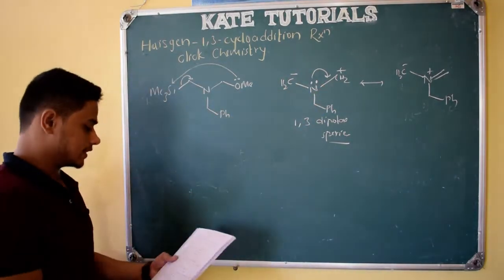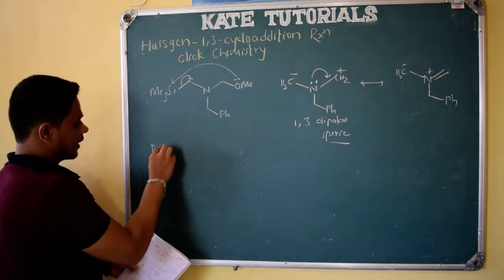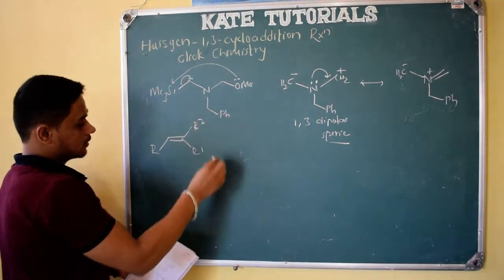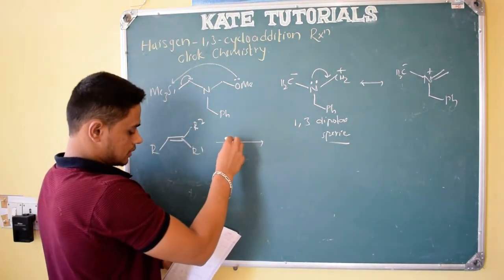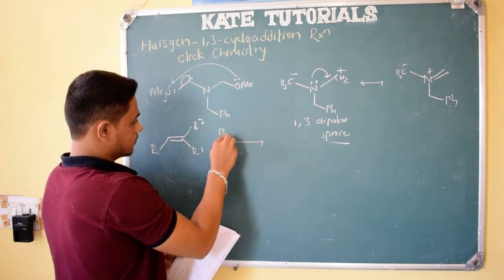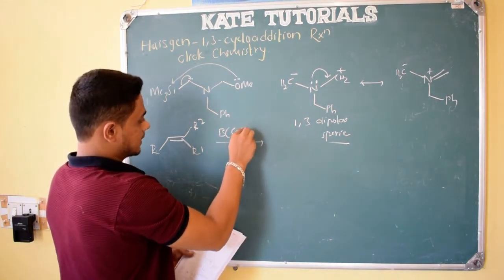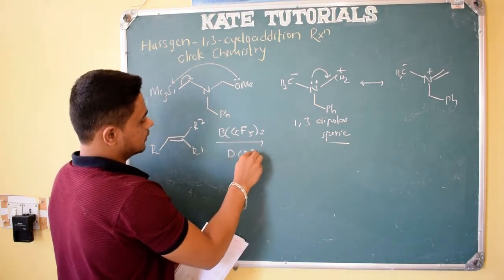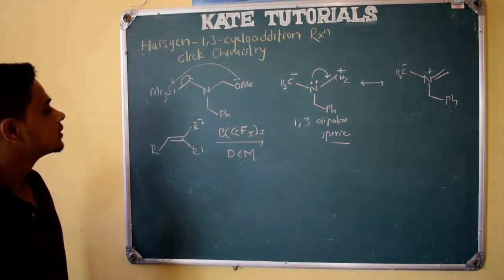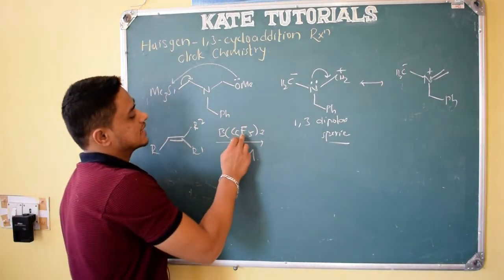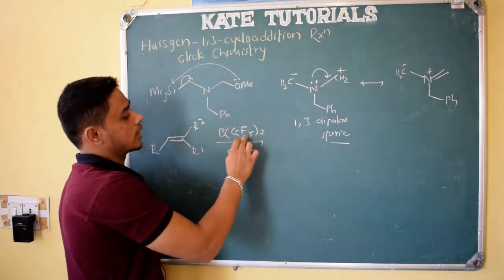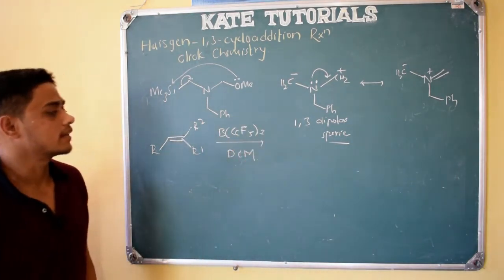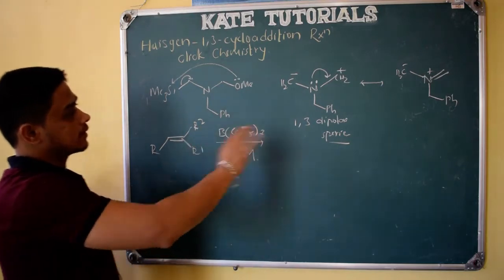Once you have that, see here, to that they are adding R double bond R dash. Now they are adding an alkene in the presence of boron C6F5 thrice and DCM solvent, dichloromethane, right? This solvent they are using, and boron C6F5, all hydrogens are replaced by fluorine, right? Benzene ring, all replaced by fluorine, and these are taken in 3, right? So this is the given.